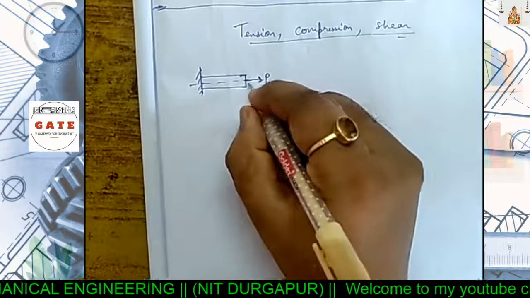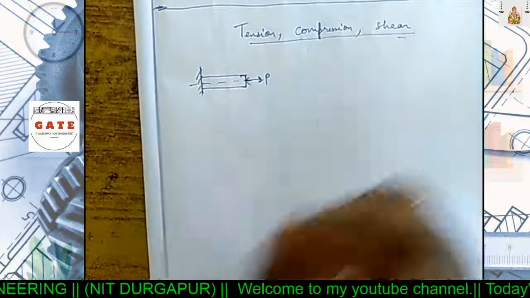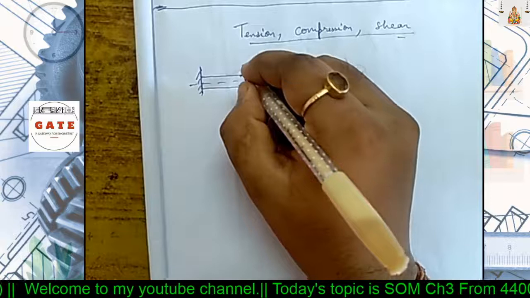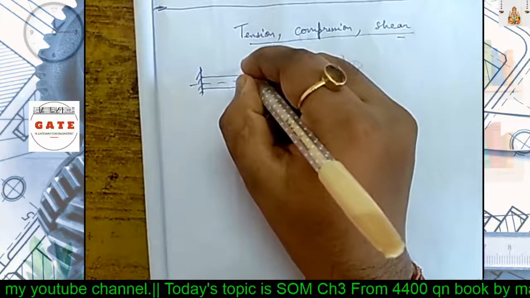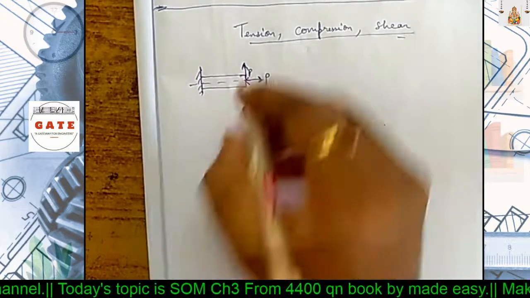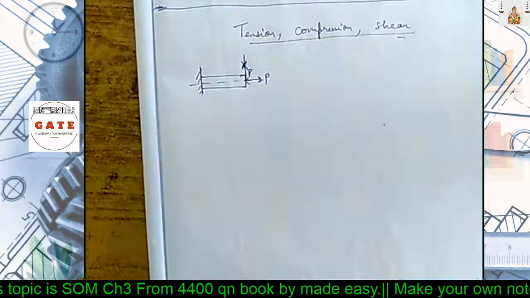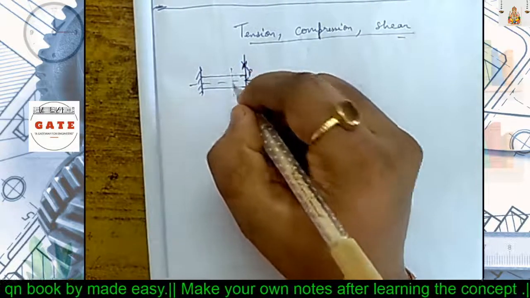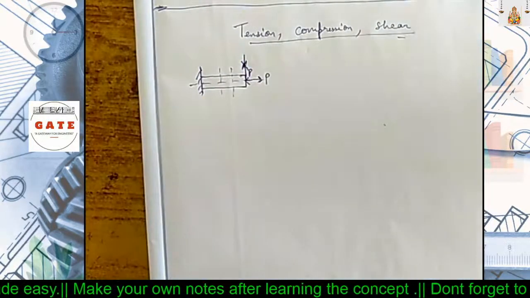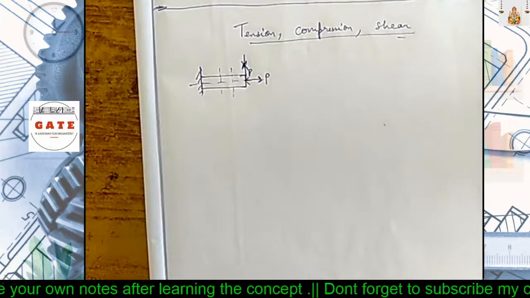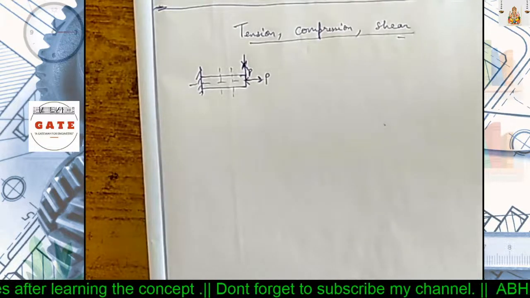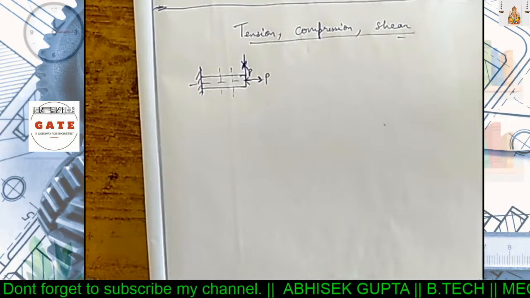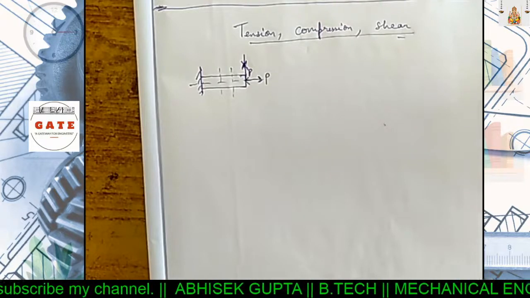If load is acting in the opposite direction, then it is compression in this bar. And when load acts perpendicular to this longitudinal line like this or this, it is said to be in shear, or it will cause shear in this section or this section of the bar. So these are the three words, but before proceeding, I want to discuss the main loading on which the full strength of materials chapter depends.